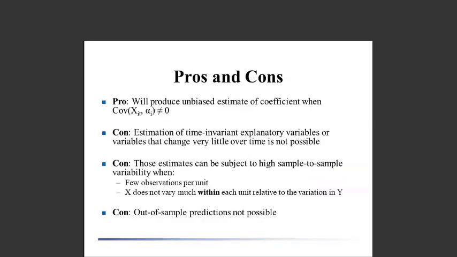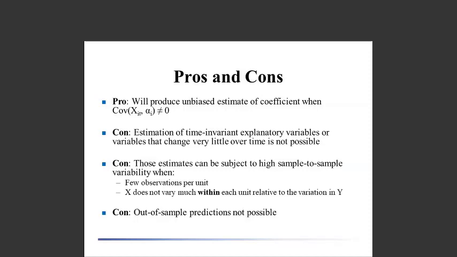So one of the biggest assets of the fixed effects estimator is that it generally can be used to produce unbiased coefficient estimates when the time invariant omitted factors are correlated with your explanatory variables. And this is a huge pro because the reality is that this is likely to be the case the vast majority of the time. And this is also why you'll see fixed effects favored in the economics literature, which is often focused on modeling